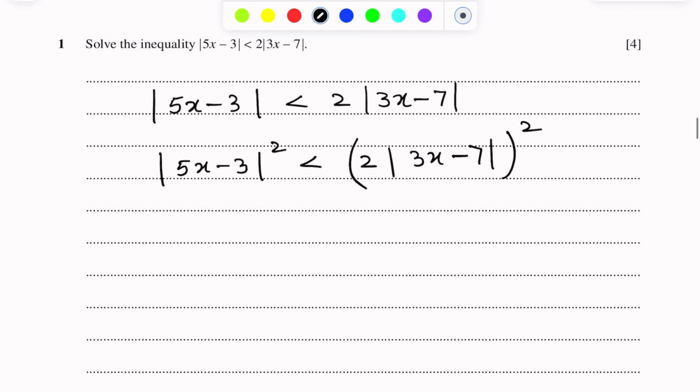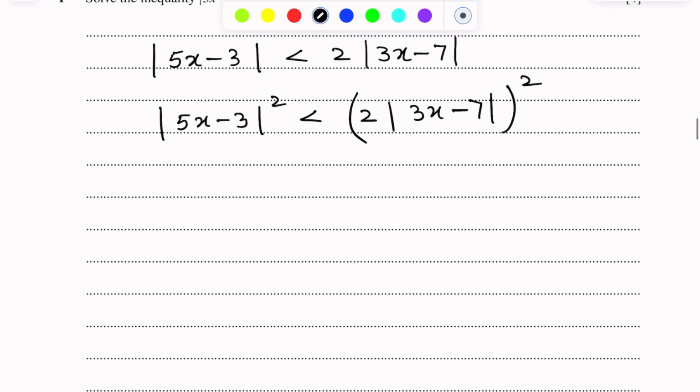Now using identities on the left hand side as well as on the right hand side, we get